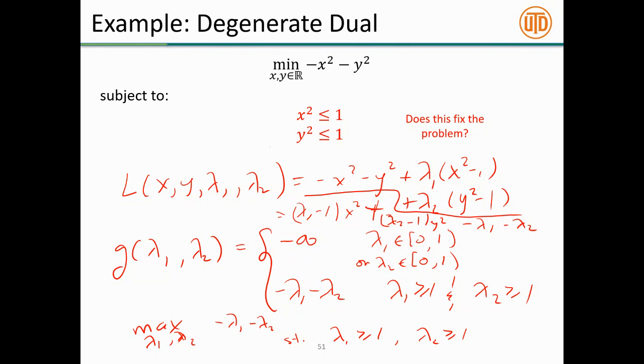Different ways of specifying the constraints or different ways of expressing the optimization problem will quite likely result in different dual optimization problems, because the method of Lagrange multipliers is very dependent on the way that you actually formulated the constraints. In particular, what made this work here is that I have a quadratic objective, so if I have quadratic constraints, they can cancel each other out in some places and prevent it from just running off to negative infinity. Good. Questions about this example?